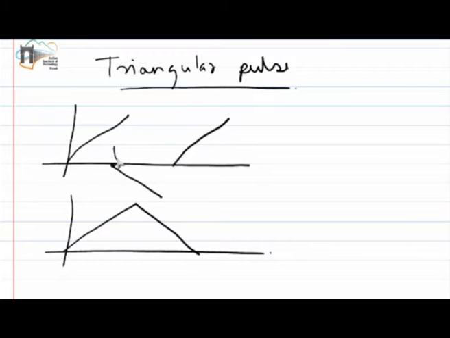Where if I keep this dw time. So if we try to investigate how this can be represented, I would write directly the transfer function of this triangular pulse, which would be